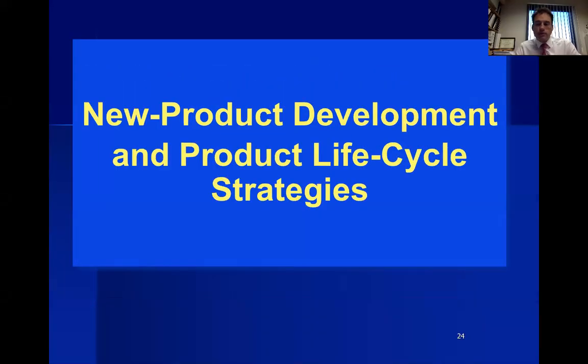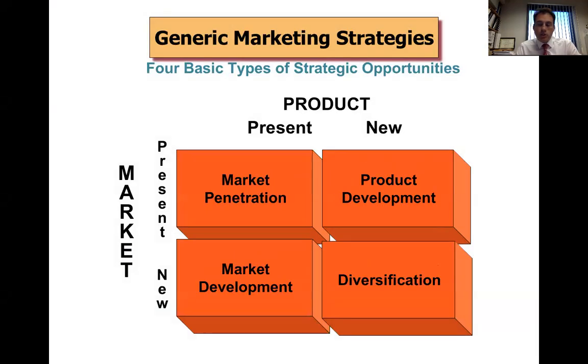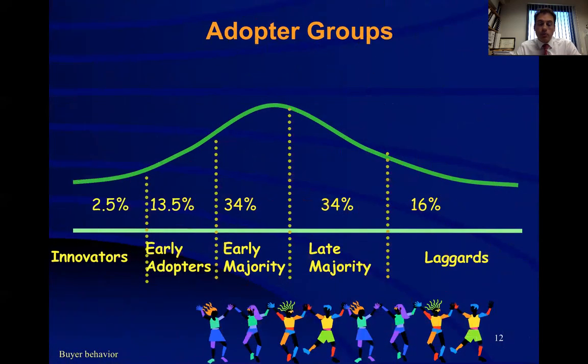So new product development is one of the main strategies within the 4 basic strategies. New product development consists in creating a new product for an existing market. So most likely you're creating a new product to replace an existing product. This works by selling the product to different customers, and eventually this product goes through multiple stages from a birth stage to a death stage as it gets consumed by the various customers, from the innovators to the laggards.